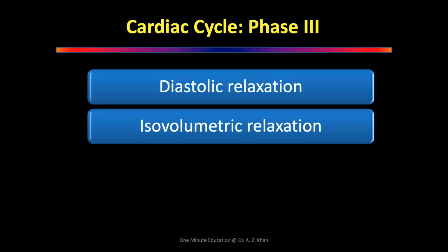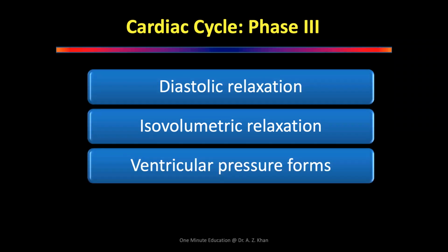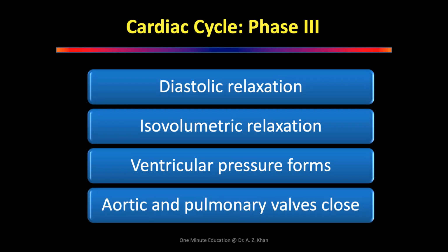At this stage, the ventricular pressure starts to fall, and the relaxation causes the aortic and pulmonary valves to close. That is phase 3, isovolumetric relaxation of the heart, causing a drop in the pressure and pulmonary and aortic valves